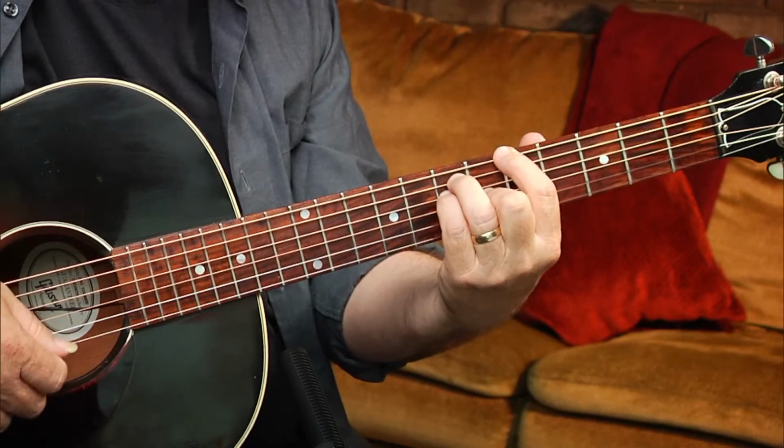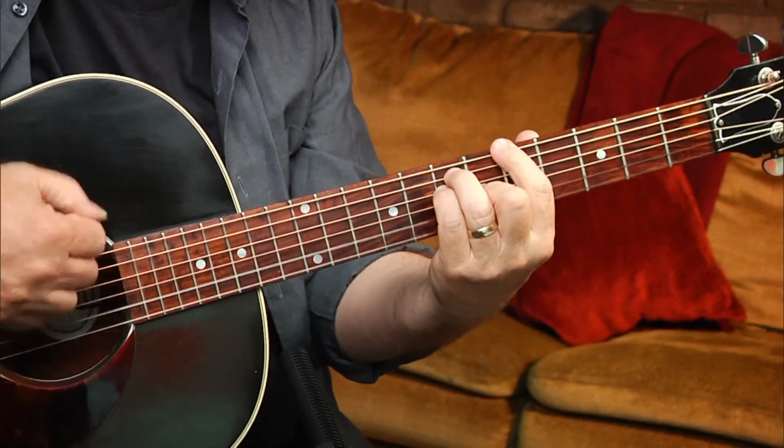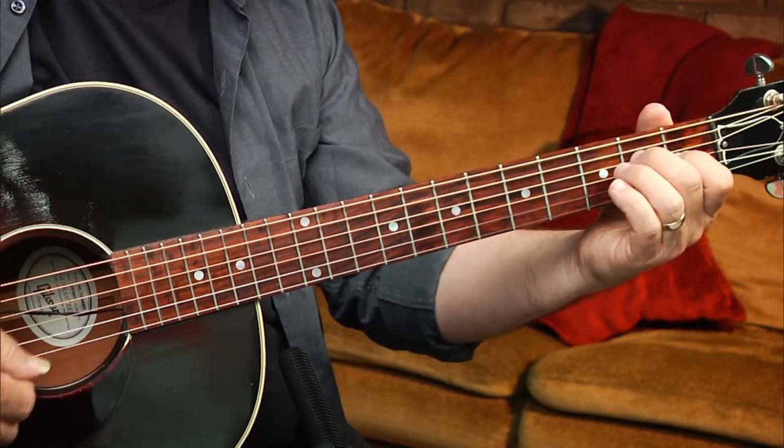Here's one. If I take this E shape and move it up here to the fifth position, but I don't bar it, I just leave the bottom 2 strings open. A very wonderful form, but you don't think to just shift that position up. What's another one? I could do maybe an A major 9th. Just move your second finger here on the 4th string, first finger on the 3rd string. Beautiful A major 9th. Now remember that major 7th, major 9th, all of that works because we're on the 4 chord, which is a major 7th chord. So if I'm in an E,